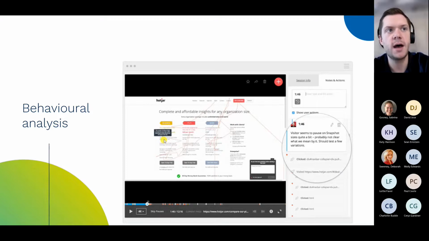So the yellow circle across the mouse cursor on the left hand side of the screenshot shows where somebody's looked to click. If they're trying to click somewhere and it's not actually a button, we can start to understand that our audience thinks this is a button. What can we do to make this process more streamlined and make it more relevant and useful for this person?